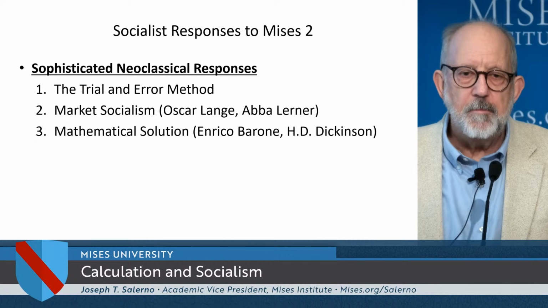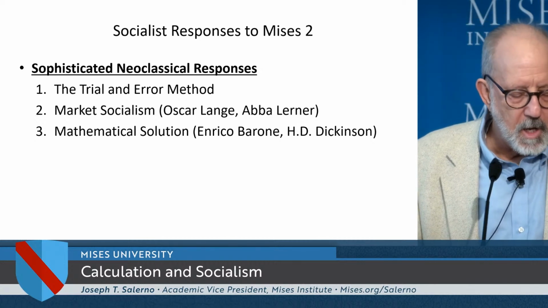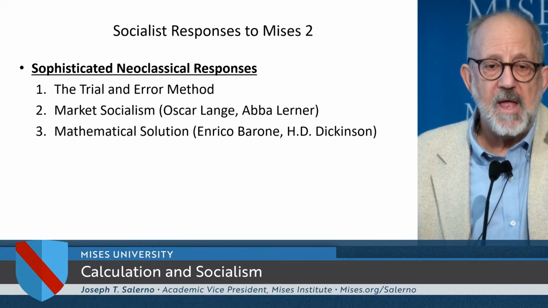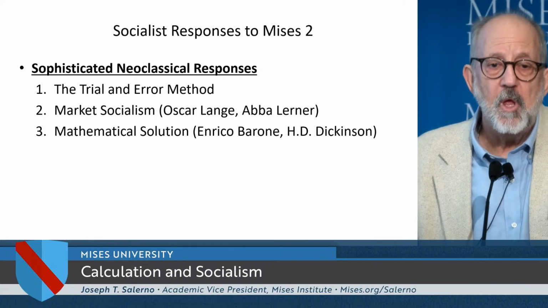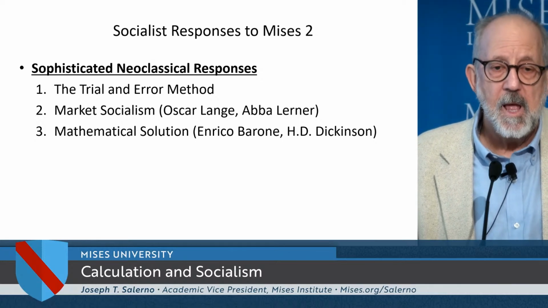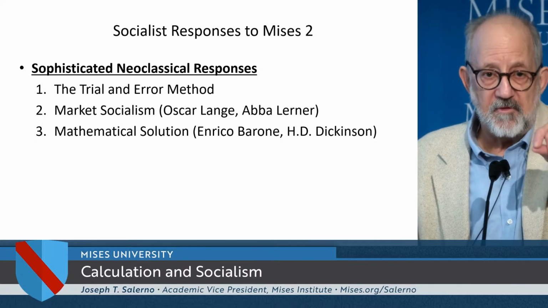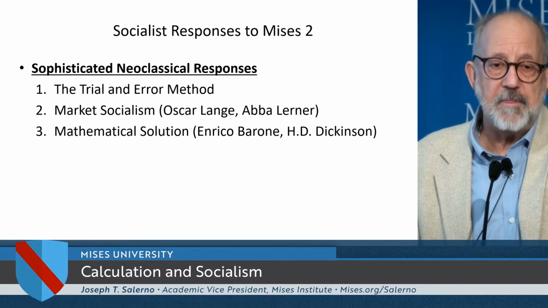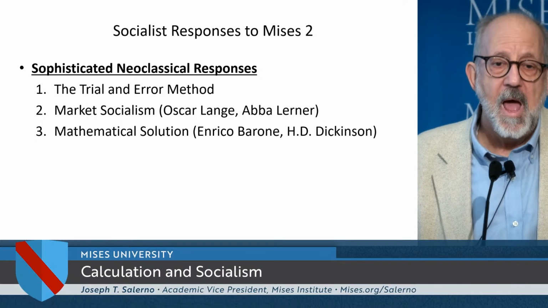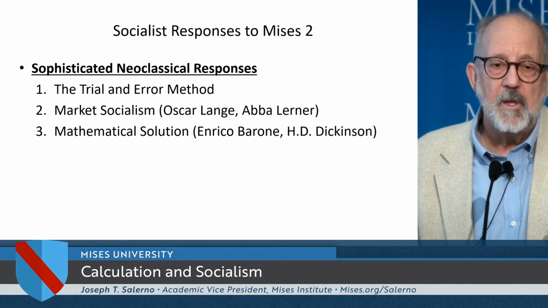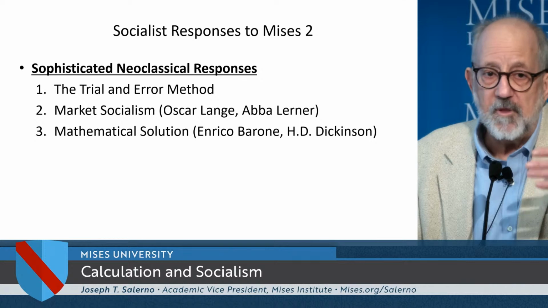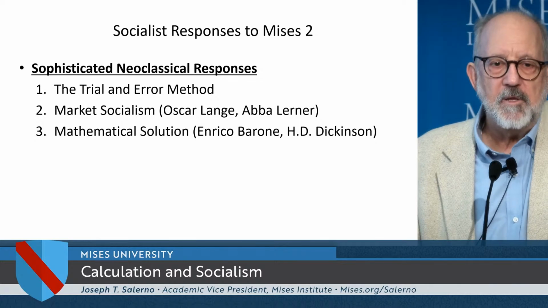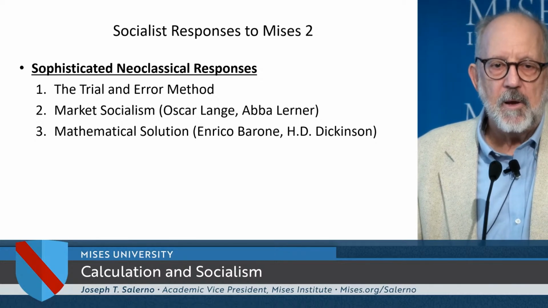Or market socialism. Under market socialism, you would have the planners setting the prices, and then the managers of the different firms using those prices to calculate, and then to produce at the lowest possible cost, and then to sell the good at another price that is set by the planners. And if there were shortages and surpluses, then the planners would adjust the prices to make them go away. But the question is, where the hell did these prices come from? So they just made them up. They picked them out of a hat, okay?